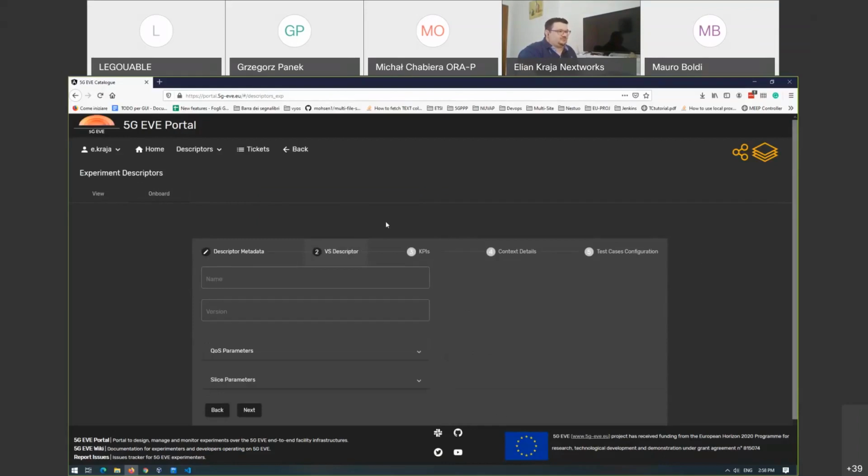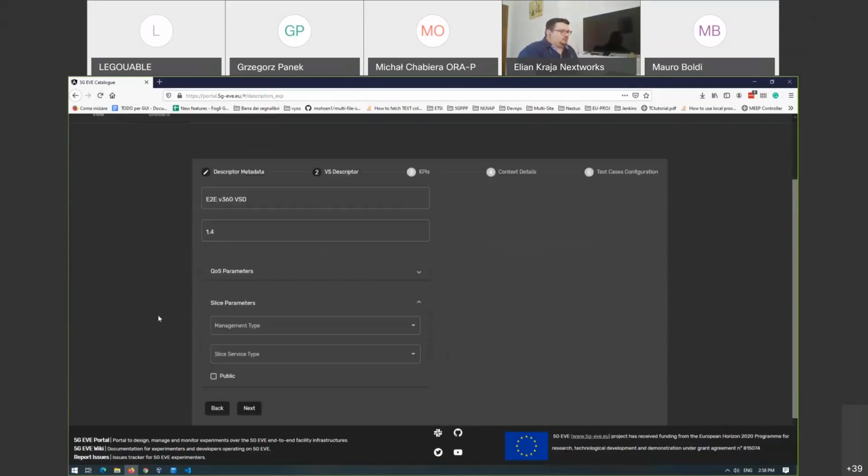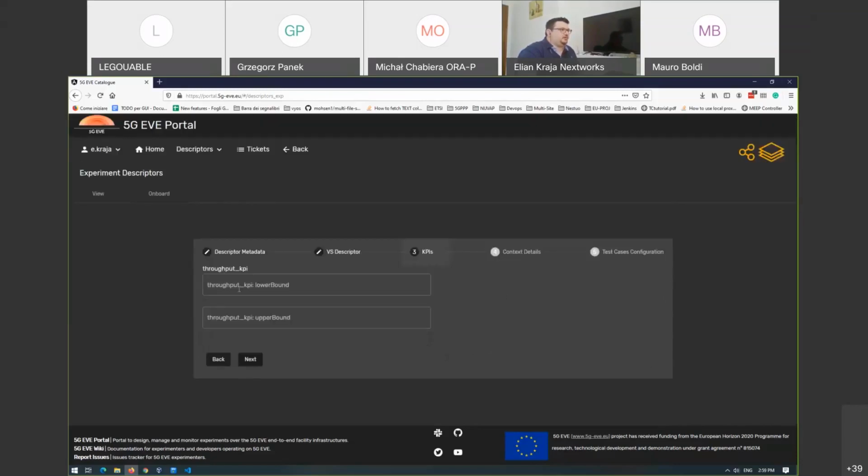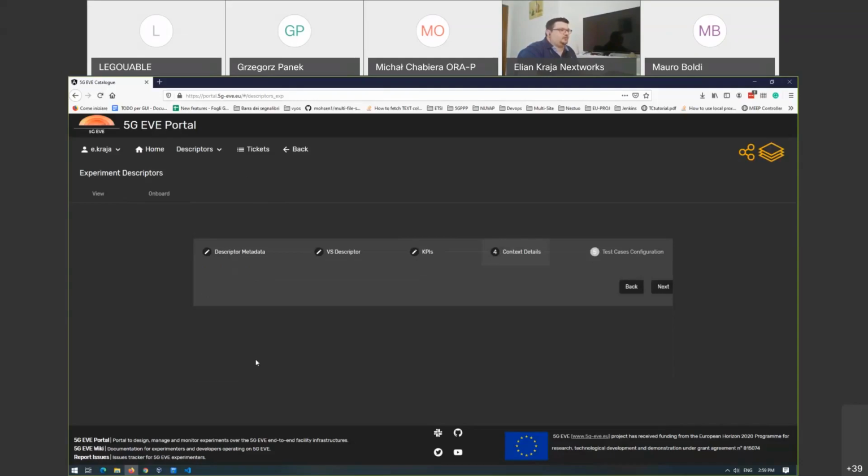A vertical service descriptor will also be associated to the experiment descriptor. We will provide some slice parameters in this case, and the lower bound and upper bound for the KPI. We will stay with 0 on the lower bound and 20K, 20,000 basically, on the upper bound. We have no context, so we have no parameters to put in there, and now we need some